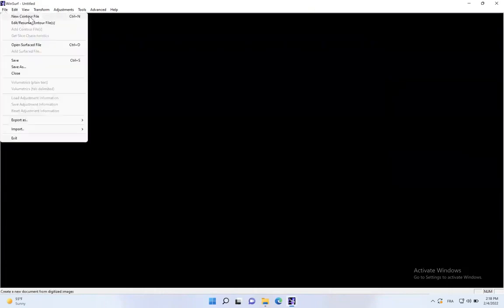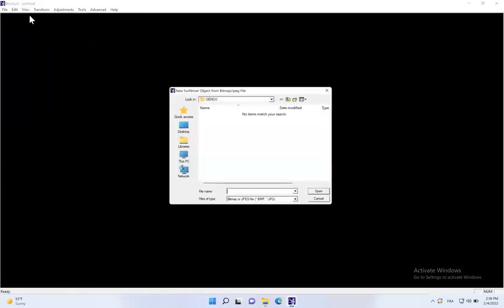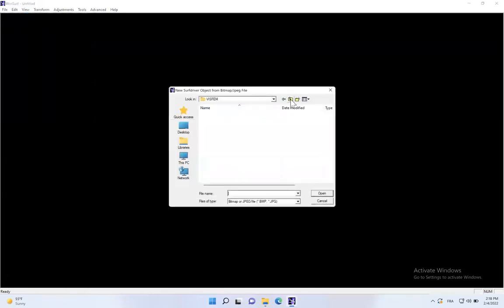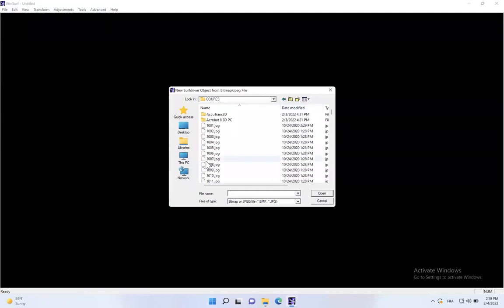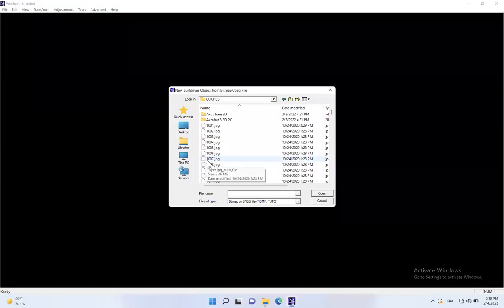create a new file, because every object you outline will be a 3D object and you have separate objects because you need to put textures, different colors. So New Contour File is the option. And then you go to the folder where you have the slices. For this, of course, you have to check the slices with a book of anatomy to see where the structures you want to outline are. So I begin with the femur. And for the femur, I have to begin with